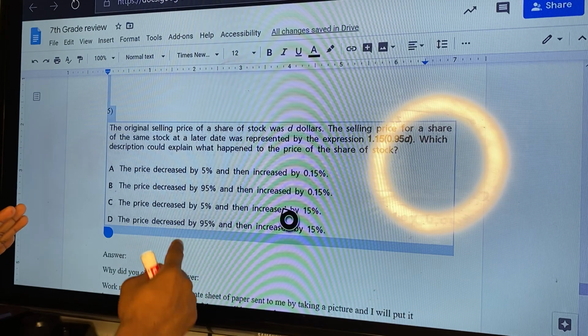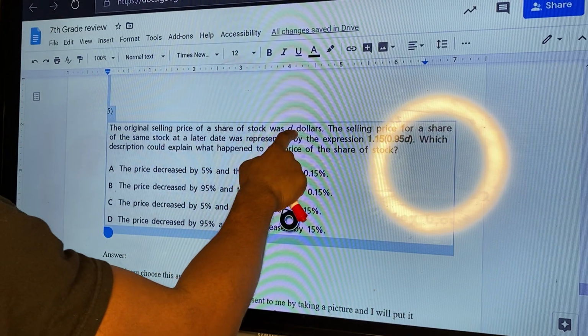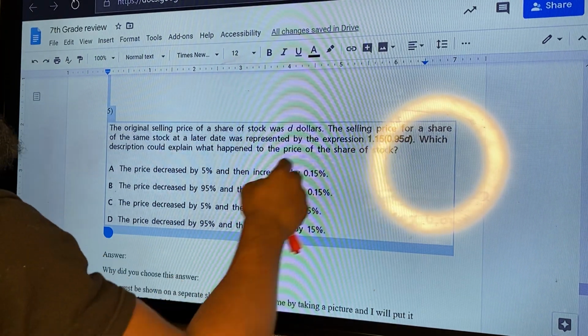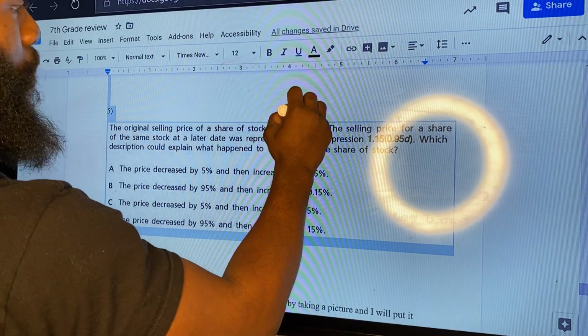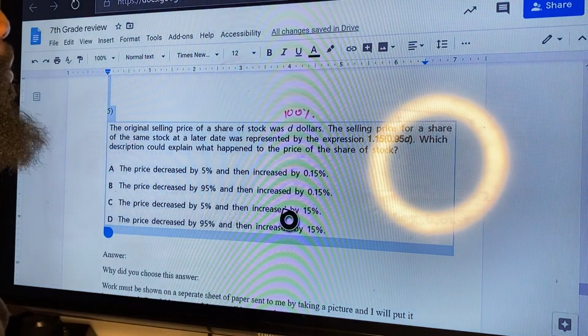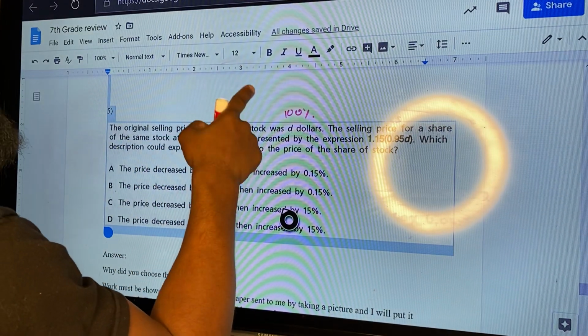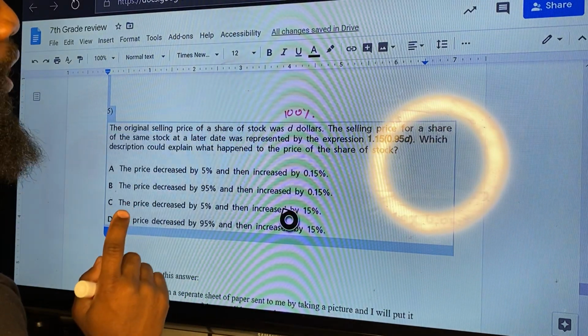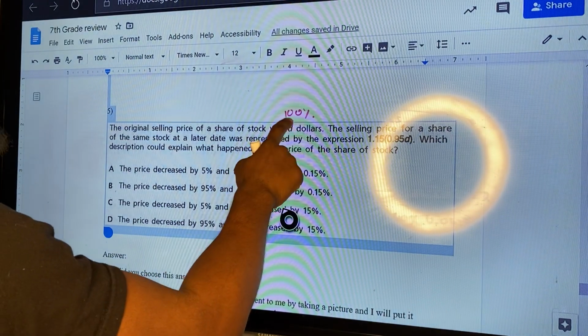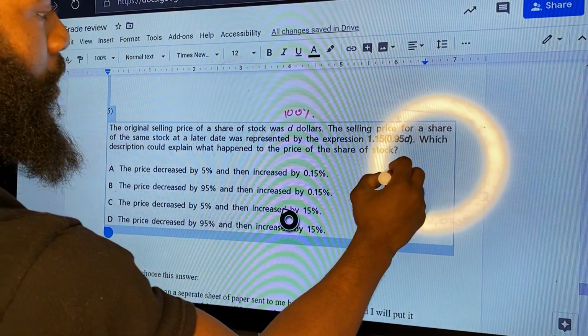So let me read it again. The original selling price of the share of stock was $D. Okay, so that was here. So $D, which is 100% of the price. The selling price for a share of the same stock at a later date was represented by the expression, okay, perfect. So what that tells me is if it started at 100%, it's at 95%, the stock